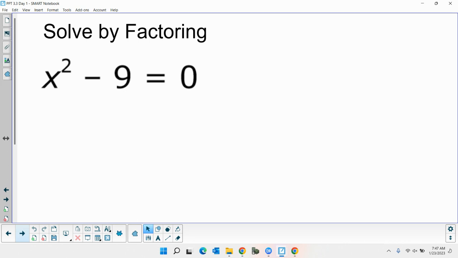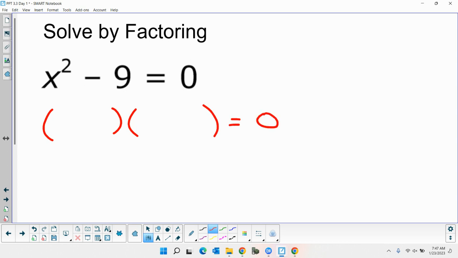So when we factor a difference of squares, we make two sets of parentheses, and we take square roots. What's the square root of x squared? X. That goes in the front of both. What's the square root of 9? 3. Back of both. Then what? Plus and minus. Good. You guys remember that, right? Most of you can tell me the two answers now, but if you had to show all the work,